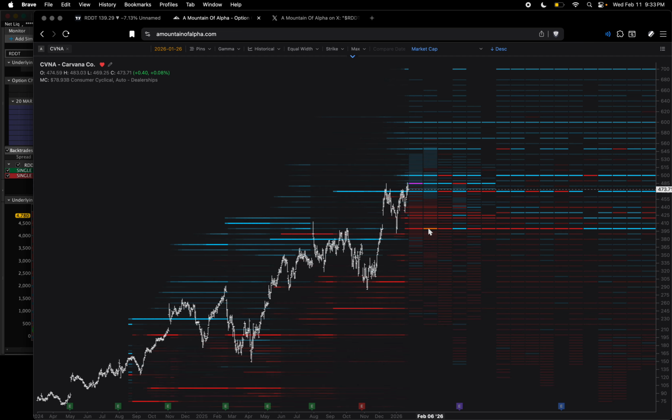Now, what I've also noticed is this. It's not always the case, but it's kind of common. And it really only works when things are trending very aggressively, like this, like this, like this. But when you're chopping, it doesn't always seem to be the case. But let me demonstrate. You could see here that we have an offset of the gamma on different